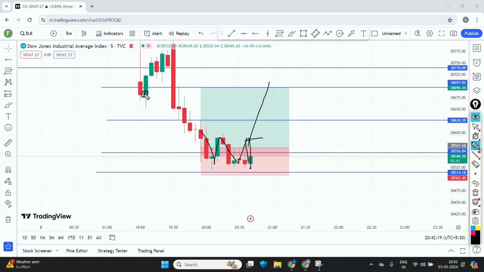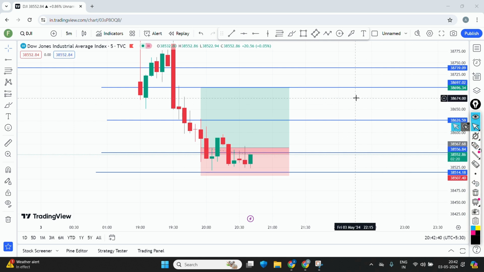And exactly, market made a swing low, so market will take this as a resistance level, where market will reach to upside levels. So it would be our target level, and as per our extension calculation, this is also our target. So let's see on the chart what market does, and whether we're gonna have a target or not. Is this trade gonna give us stop loss, or is this trade gonna give us target? So let's see what happens in the market.